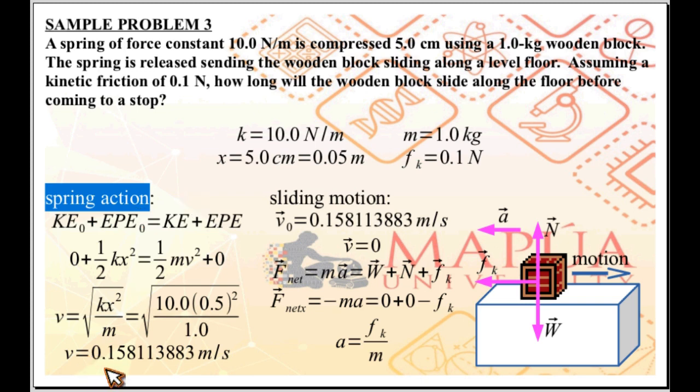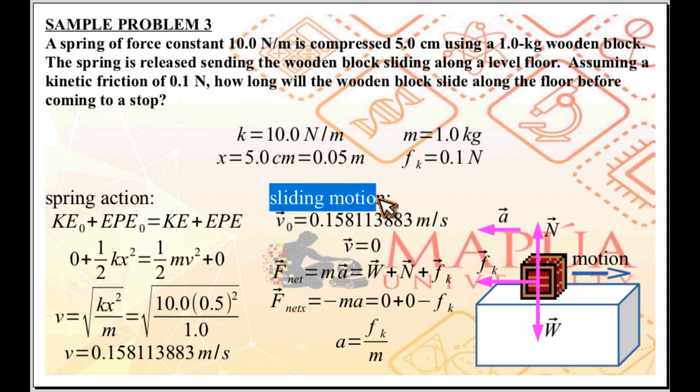V is equal to 0.158113883 meters per second. And it is this speed that becomes the initial speed for the sliding motion of the wooden block. After the spring performs work on the wooden block, it slides on the level floor. So, on the level floor,